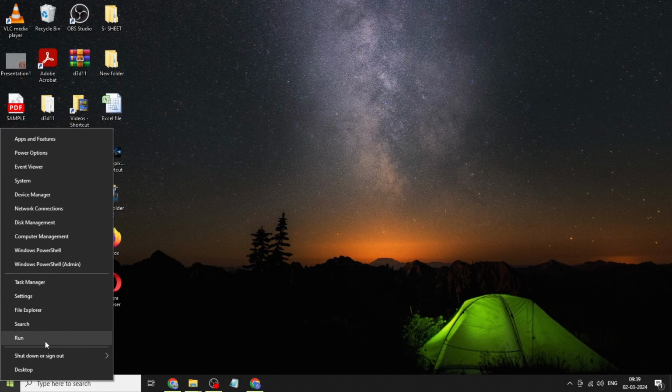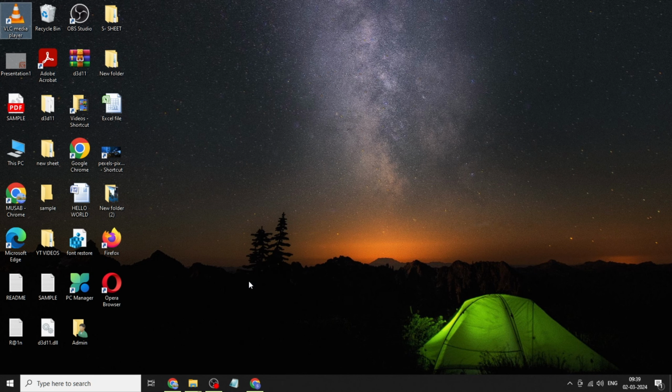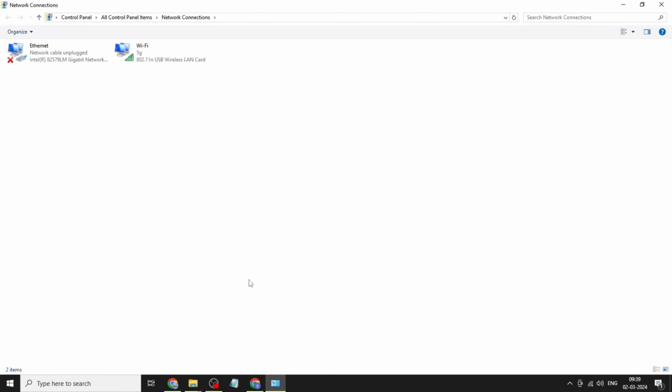Right click on start button, click on run, type ncpa.cpl, click OK. Right click on Wi-Fi, click on properties,